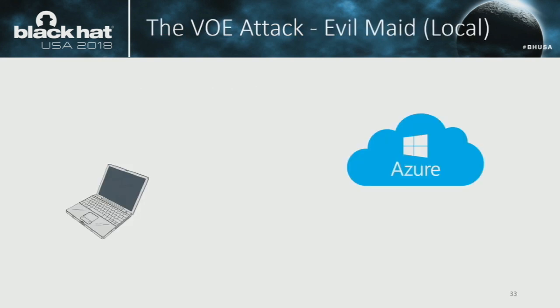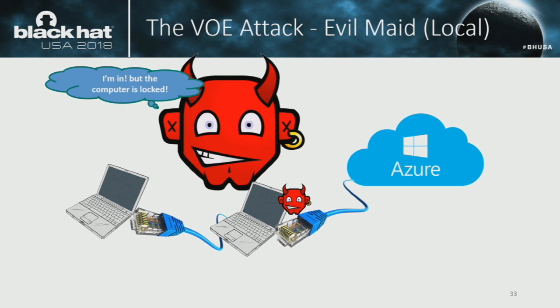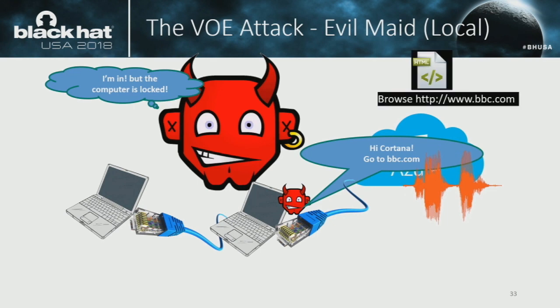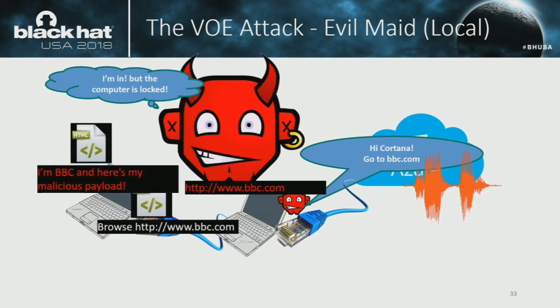So let's take a look at it in a bit more graphical manner. So the attacker is in. It connects to the network interface card. Interestingly, it also needs to make sure that the computer is connected to the internet, because as we saw, as Amichai said, the brains of Cortana is over the internet. So we must make sure that the computer connects to it. And then the attacker says, hey Cortana, go to some website, which is not served over SSL. The voice goes to the Cortana cloud, and the action card returns and commands the computer to browse to HTTP, not HTTPS, bbc.com, and the attacker, who is the man in the middle, is able to take that and respond with some malicious code. So let's see a demo